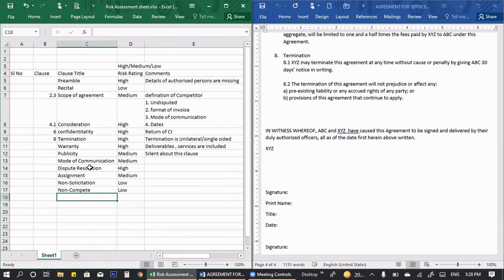Now I'll go through it once again, and I'll find a few more clauses which are not mentioned here, and I would like to add all of them. This session, or this video, is just to show you how it is done, how you are going to analyze, and how you are going to put in this particular template the probable risks that are involved in this particular contract.